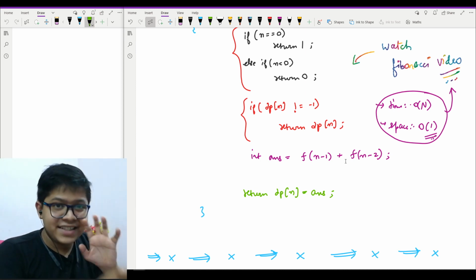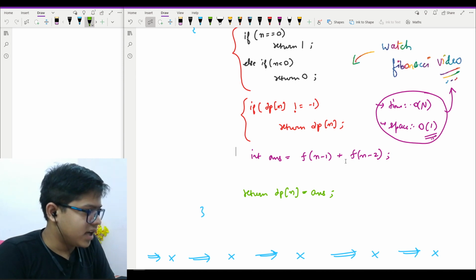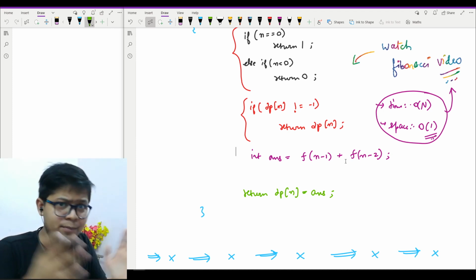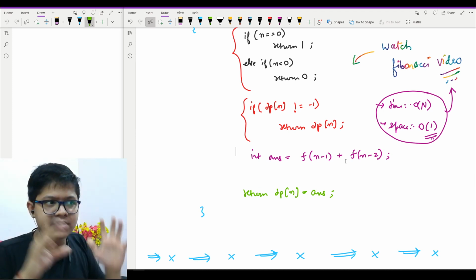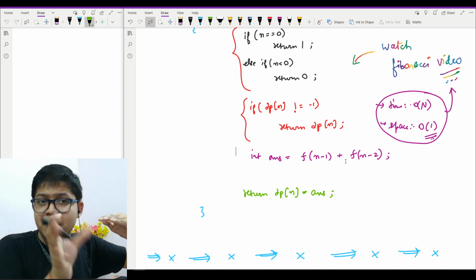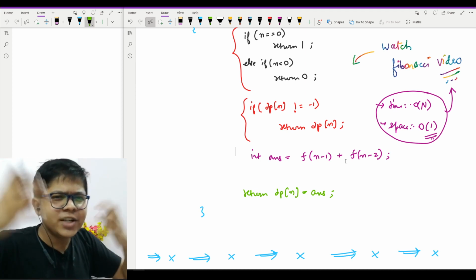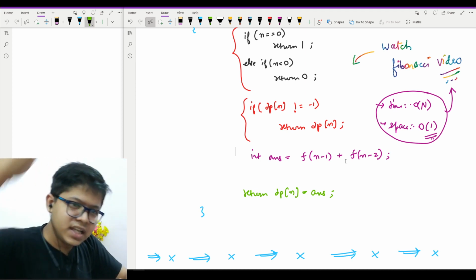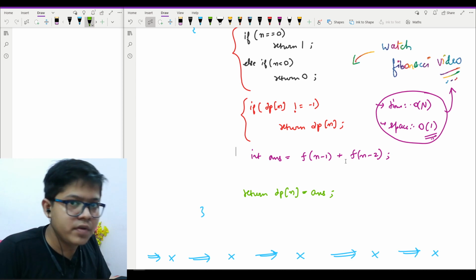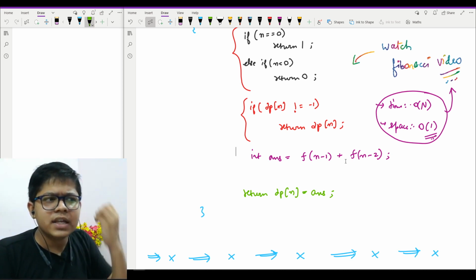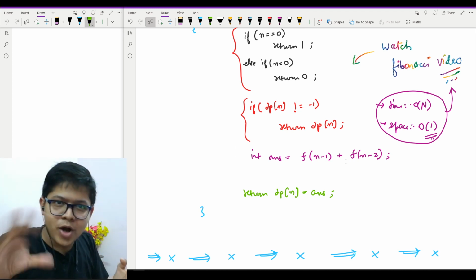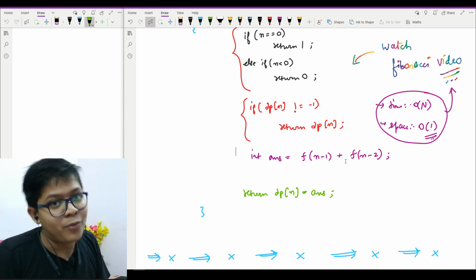Now as it has been a very lengthy video, the next two modifications, modifications 2 and 3, I will cover in the next video. The basic part was to explain how it is working, how I am adding f of n minus 1 and f of n minus 2, how I am reaching the point that I need to check for n minus 1 and n minus 2, and how I will check the base case. I showed you all of that in this video. In the next video we will see how we can implement what we learned right now in a bigger, very beautifully modified problem.